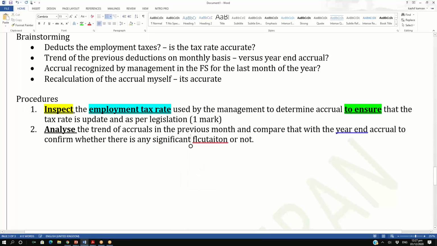So I just need to ensure that if the management is recognizing the accrual for December, what